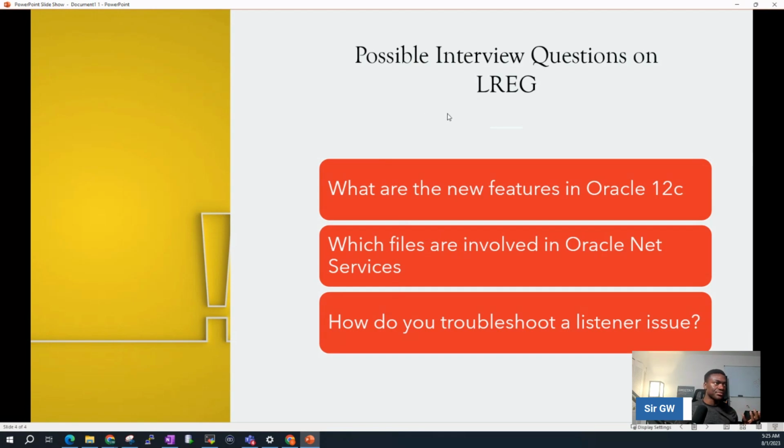this process doesn't exist. So the questions we will possibly come across will be, what are the new features in Oracle 12c? It's an opportunity for you to highlight the listener registration process and its capability of replacing the PMON in terms of the listener registration. Of course, another question could be, which files are involved in Oracle Net Services? Also an opportunity to highlight the listener registration process when you talk about the tnsnames.ora, the listener.ora file, and